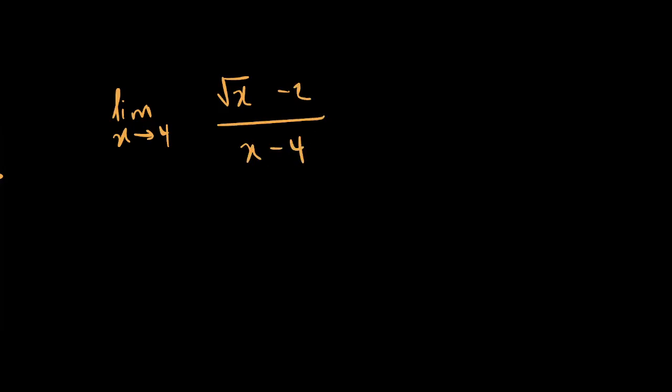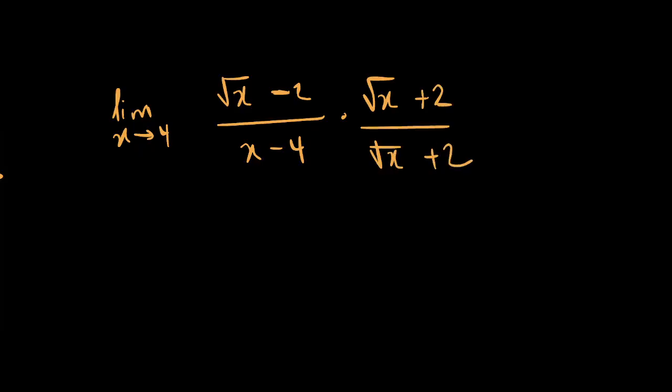Now this is something, again, that we can try to use our rationalization technique to solve, because we have a square root, which we're going to want to get rid of. So in order to rationalize this, we're going to multiply the numerator and the denominator by the conjugate. So in this case, that is the square root of x plus 2 divided by the square root of x